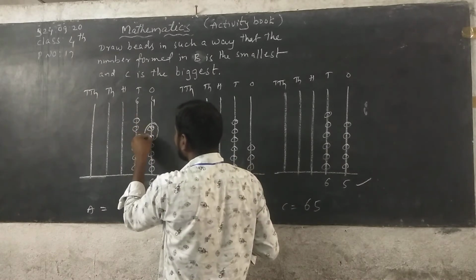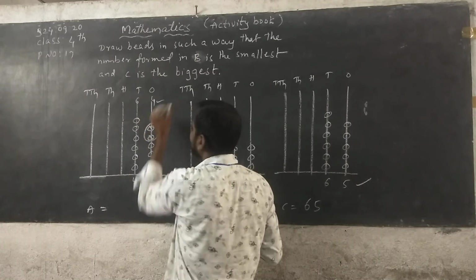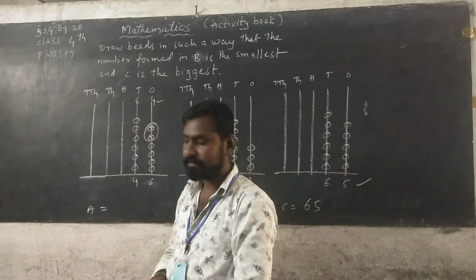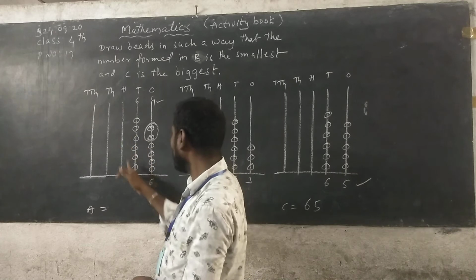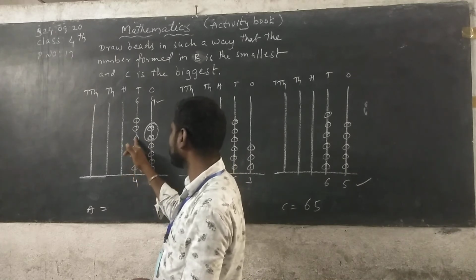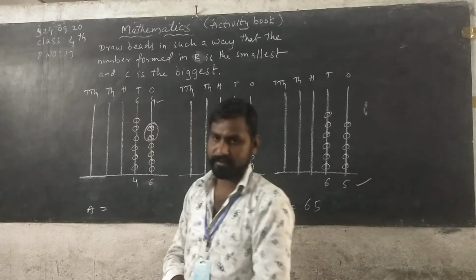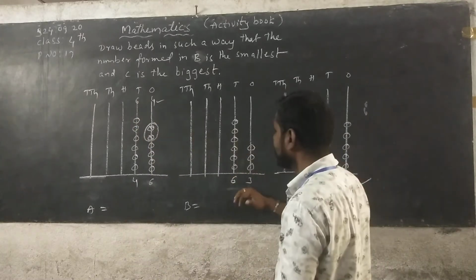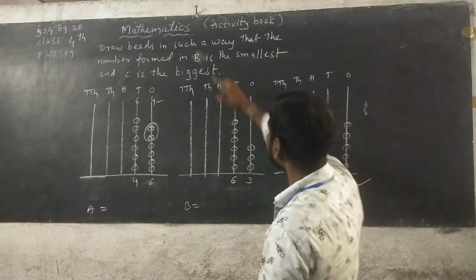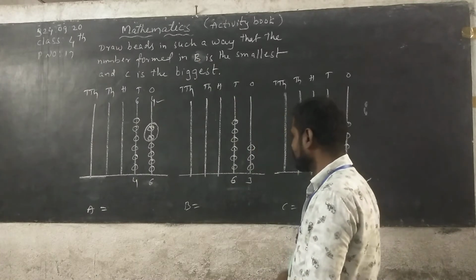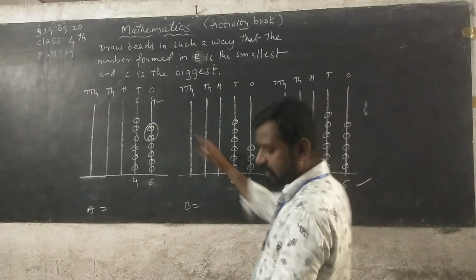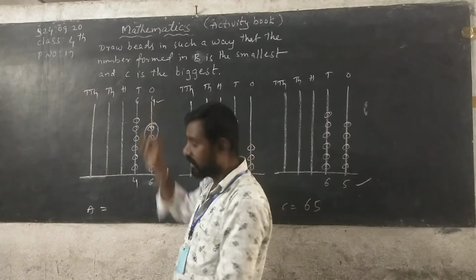So 2 beads cut from here and the remaining 4 beads are in ones place. And here, how many beads are there? 1, 2, 3, 4. So you can add 2 beads, total 6. What is the number? 64. So next, what is the condition? B is the smallest number. So 63, 64. Now here,